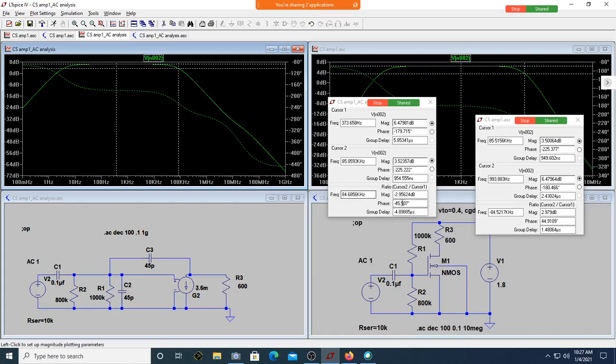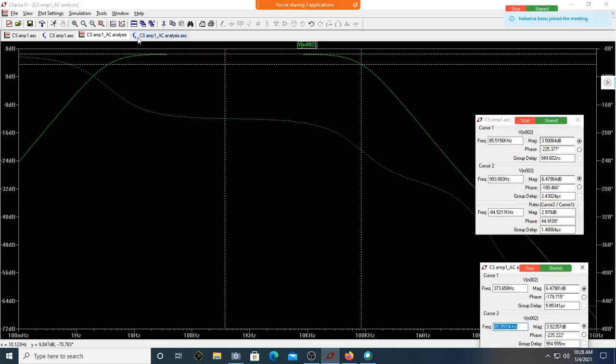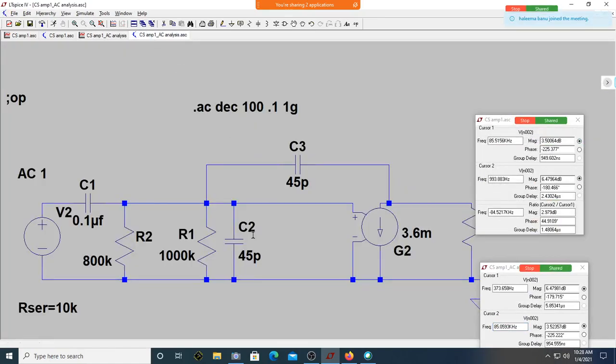Are you there? You can see it's almost 3 dB down. Can you see the cutoff frequency is 85 kilohertz, which was almost there as 85.5 kilohertz. This says that the frequency response you get from this amplifier equivalent circuit is exactly that of the amplifier. Or to say, an amplifier can be represented using a voltage dependent current source, and of course these are the parasitic capacitances.